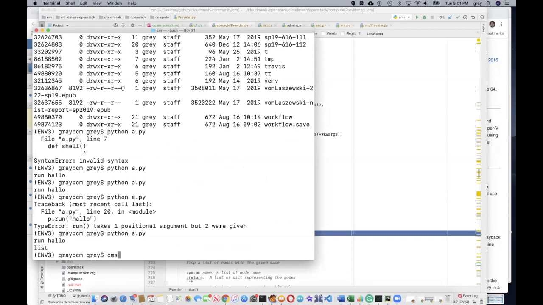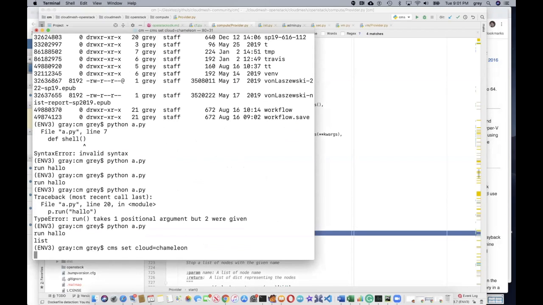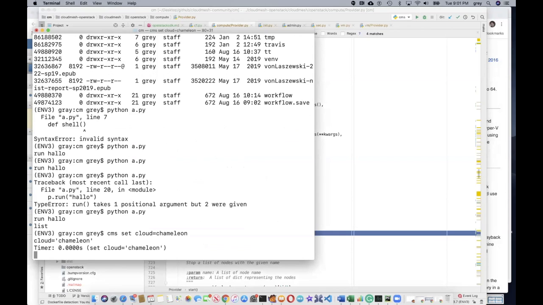set my cloud, CMS set cloud equal to Chameleon. And this is the Chameleon cloud you have actually gotten an access to. And what we will be doing as part of the class, we will be developing programs that actually do this, but we will have CMS set cloud equal multipass. And then what we then do is we list, for example, the images that are available on that particular cloud with CMS